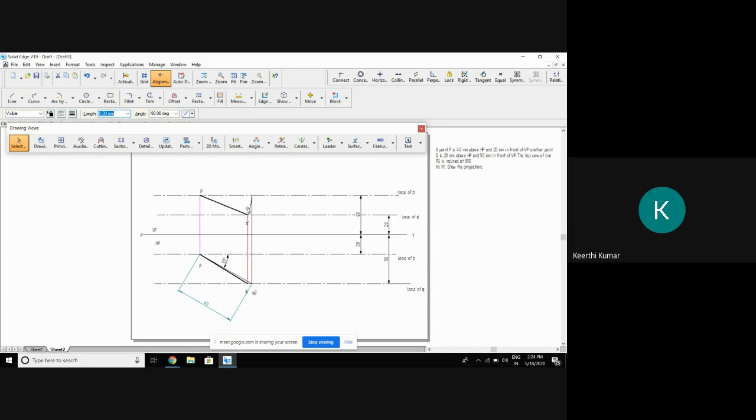I finished. Then how to get the true length here? We know it is 60. I am supposed to get 60. So there are two methods to get the true length here. How to find out that? Select the arc by center point method. This is the center. Just type 60 at an arc. Then join the line.